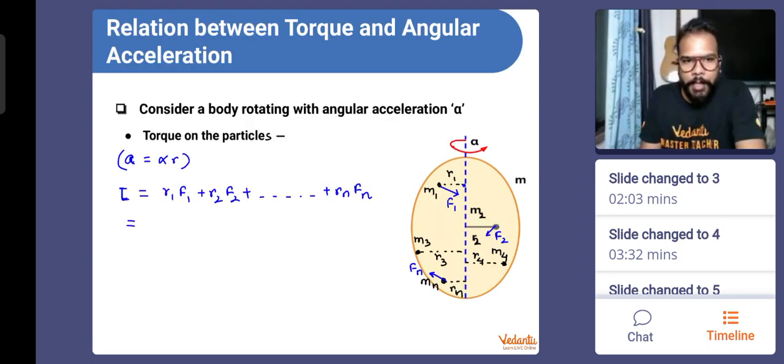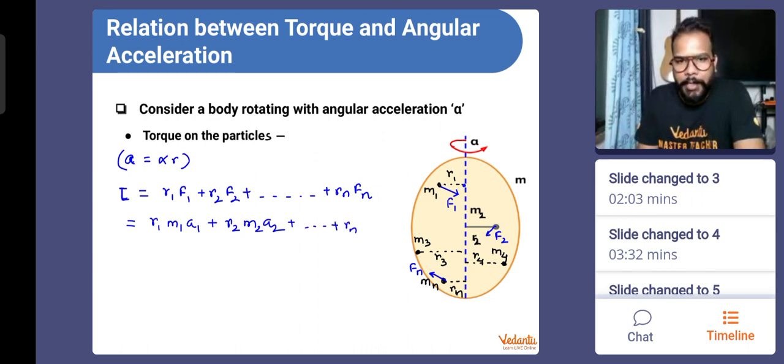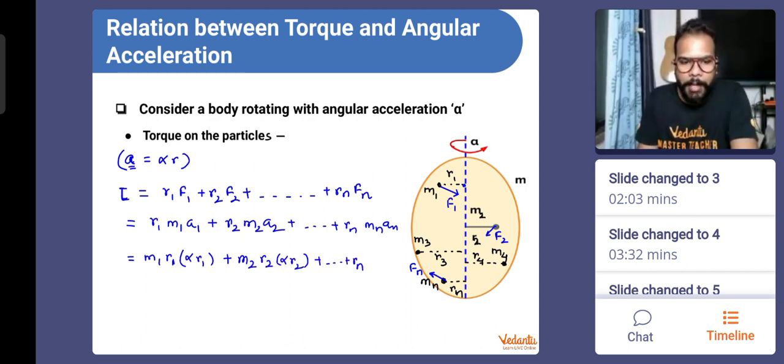Now I'm going to write the force acting on the first particle as its mass into linear acceleration. Similarly, for the second one, I'll write its force as its mass into its linear acceleration. F equal to ma is what I'm writing. Like that, the last particle has mass mn, acceleration an. Right. Now what is a? A is alpha r. So for all the particles, m1 r1, and a1 I can write as alpha r1. Alpha is the same for all the particles. Similarly, m2 r2 alpha r2. Like that, m3 r3 alpha r3. All the particles I write that for, up to mn, the last particle,